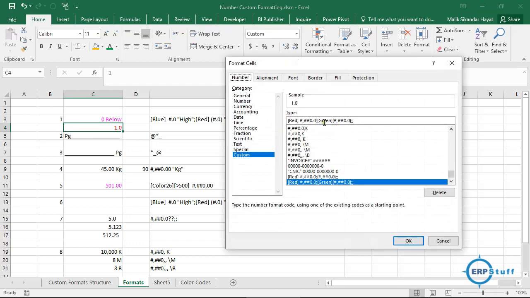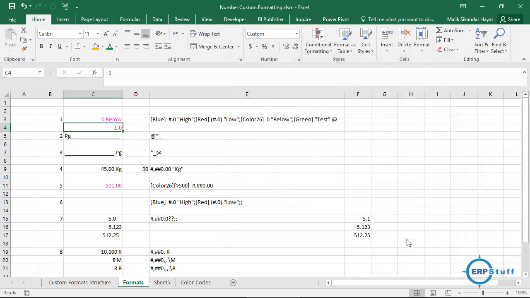Let's say instead of green, I will say COLOR, let's say same 26. So now I will put minus. Okay, right. So this color 26 is coming over here, right.